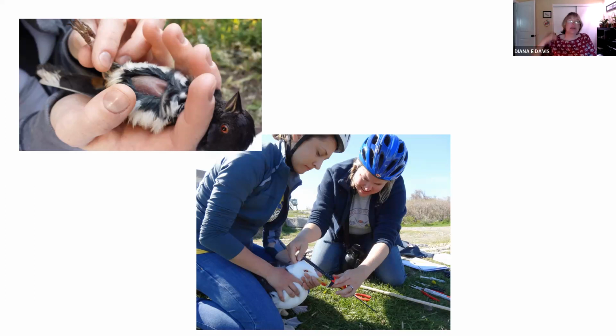Okay, so you might also look at things like feather wear, how worn out the feathers are. And you look for this. This is a brood patch. When birds are nesting, the individuals who are going to sit on either the eggs or the nestling will lose their feathers on their belly. Now, they still have some of the longer feathers. So when they're flying and moving around, you don't see that brood patch. But when they sit down, they don't have that downy underlayer. So that bare area there